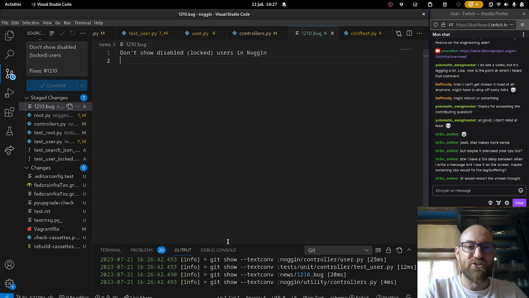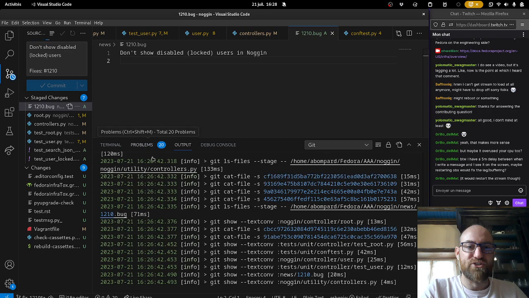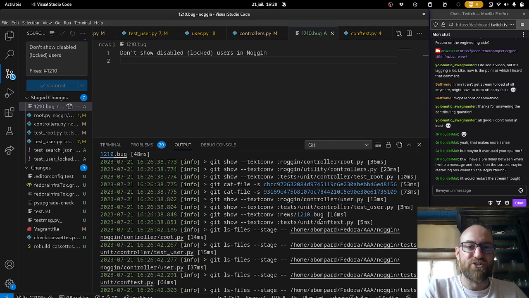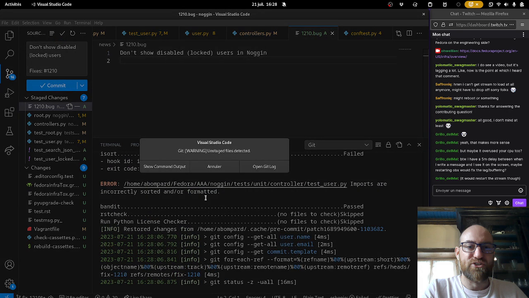Still running. Is it in the debug console? Probably not. Output, I think it should be in the output of Git, but if you were on the command line, there it is.